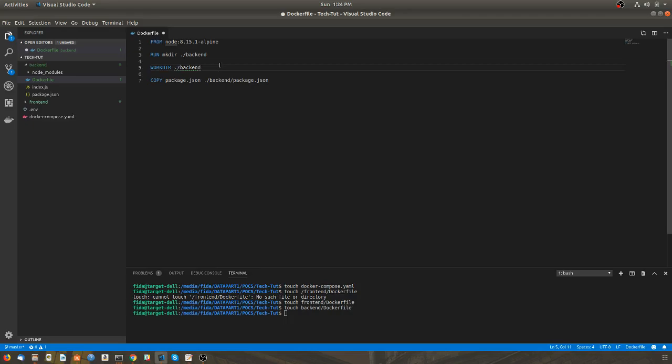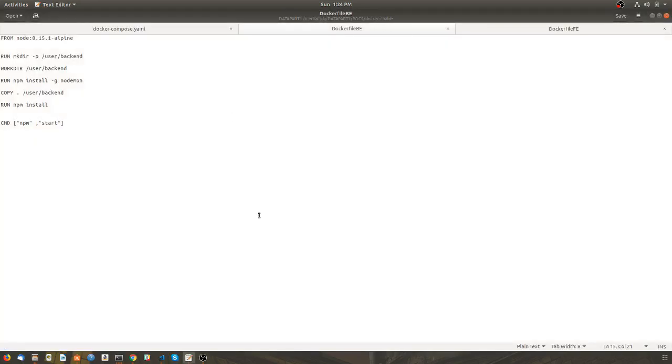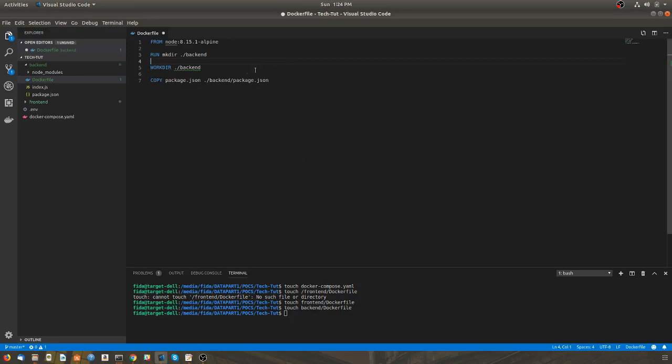Alright, so we create a directory. We actually tell them this is our work directory. Another thing I'm going to be doing is that I copy this JSON. Now, there's nothing inside of the directory except for the JSON file for now, so it just has the